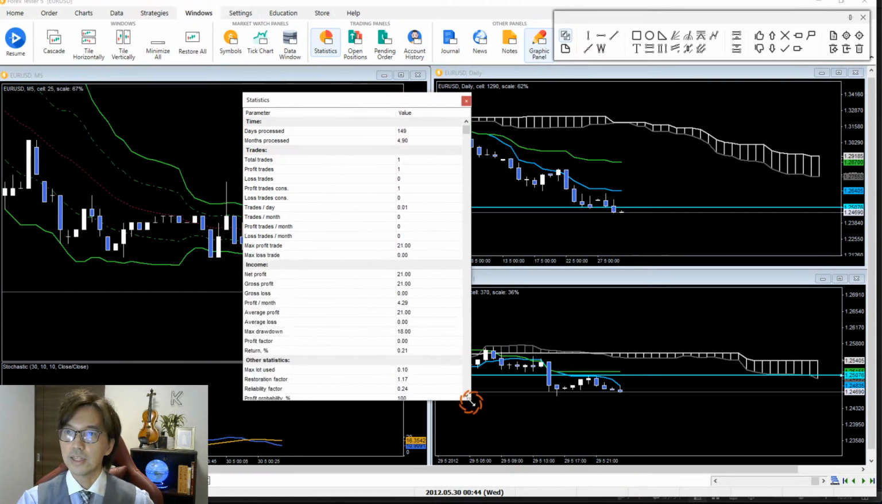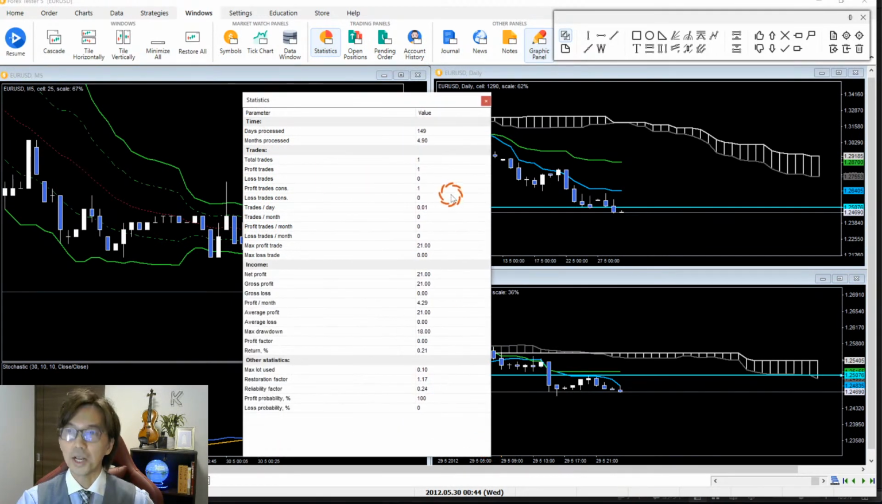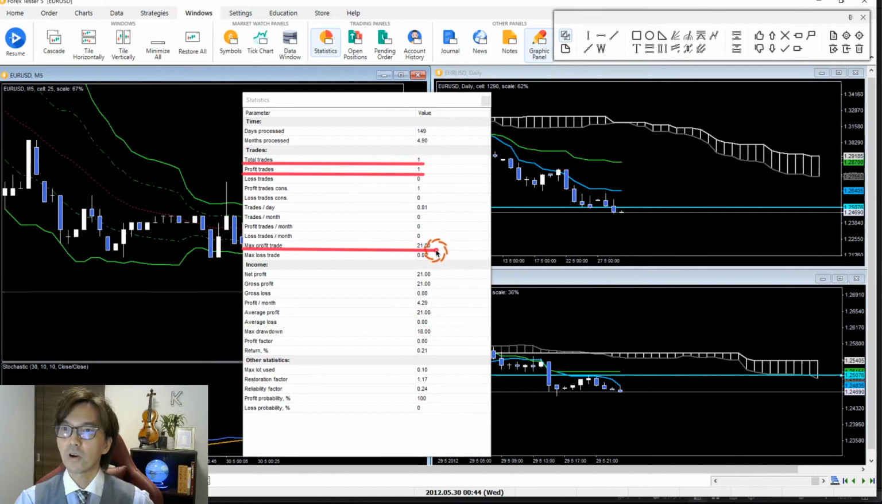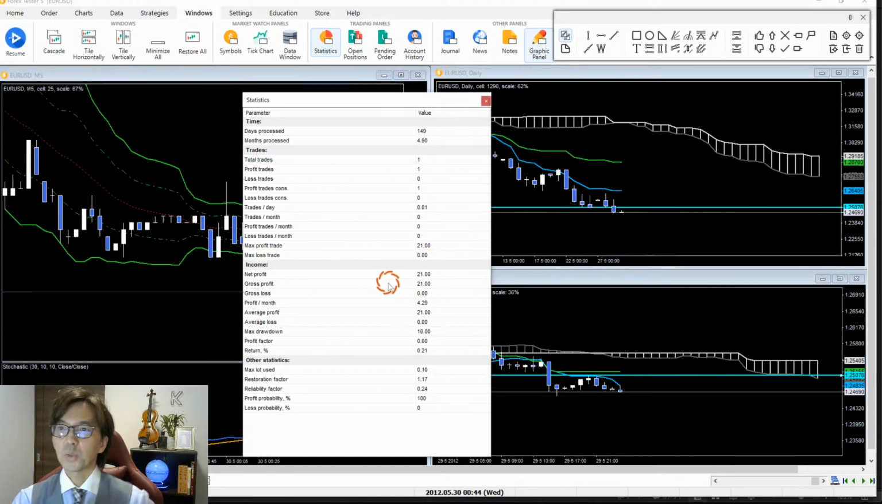So here in this demonstration I only took one trade, so it shows the total trade is only 1, the profitable trade is only 1, and then you can get these max profit trade. It was 21 pips of profit, and you can get other numbers like this. So as you keep trading, you make sure to look at the stats and see how the numbers are playing out,